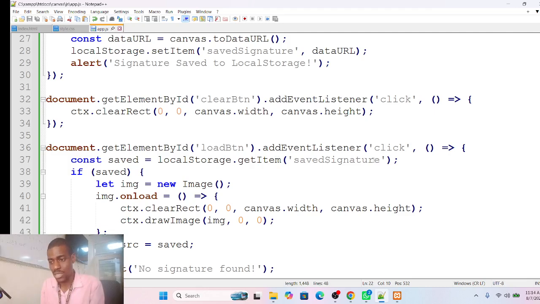The item is saved signature. That's the name. If saved, let image equal to new image. img.onload is equal to ctx.clearRect, canvas.width, canvas.height, ctx.drawImage, img. So what we are saying now is that